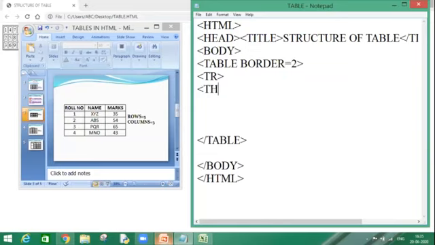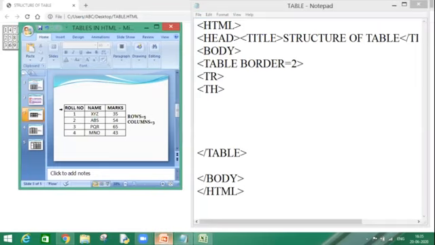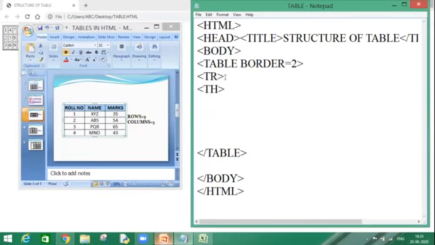In place of TD, I'm using TH. Now first count. Before forming a table, first count how many columns are there. 3 columns are there. First is roll number, second name, third marks. And my first row is a combination of all 3 columns. So I have created my first row by entering this TR tag.